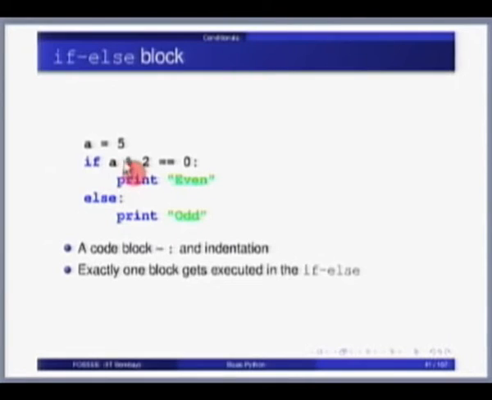If a % 2 == 0. So this is how you express a logical condition. Single equal to is an assignment, double equal to is a conditional. Okay, you check. So if a % 2 is equal to 0 means what? Is it divisible by 2 essentially? If it is divisible by 2, it is even.